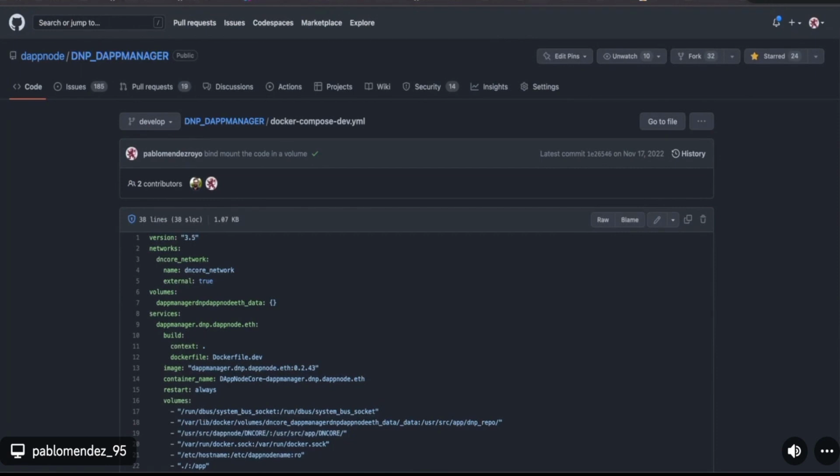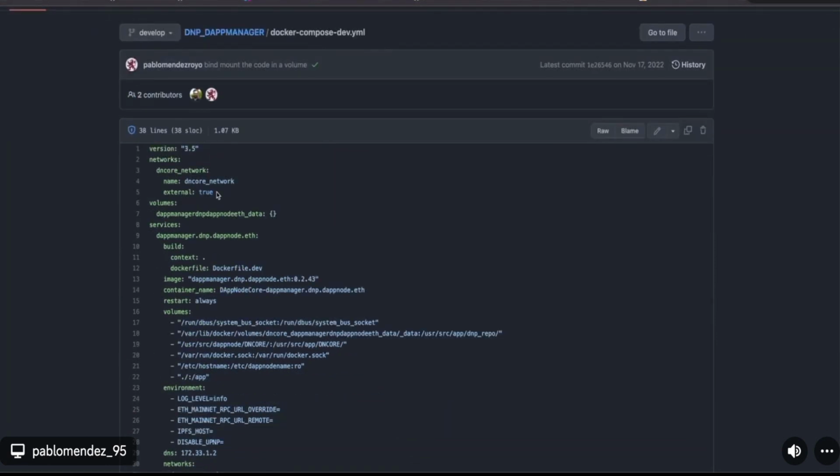So instead of having to install it through the UI, you just need to start the compose dev, in which for sure we'll have to have this network, because this allows the package to be considered as a DAppNode package in this Docker network.